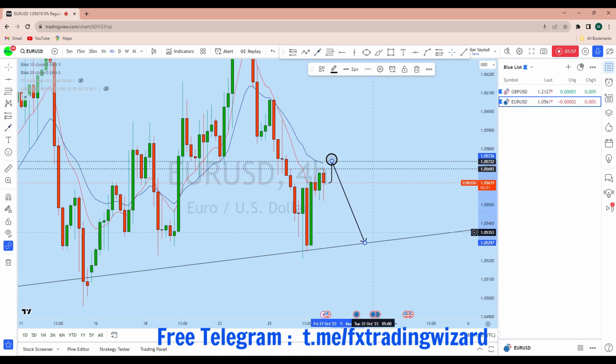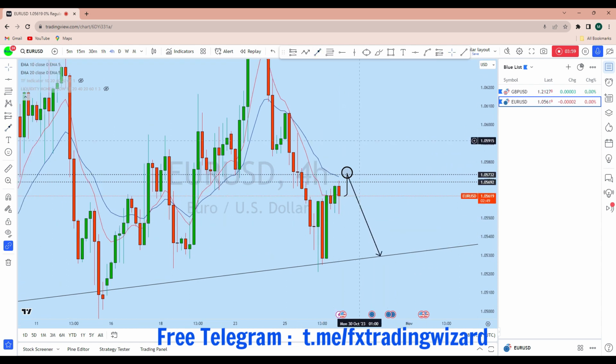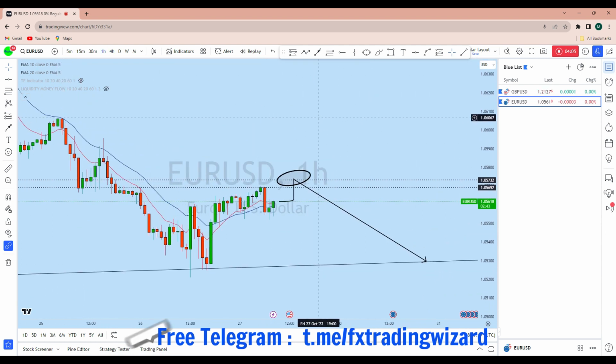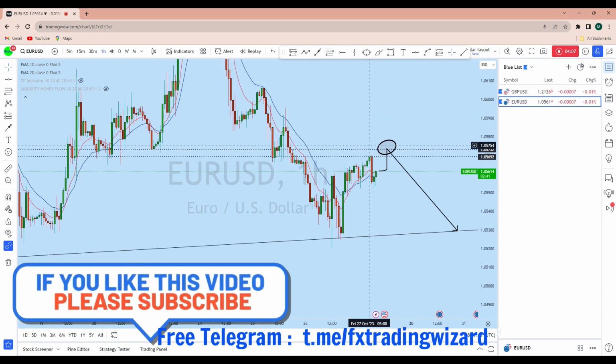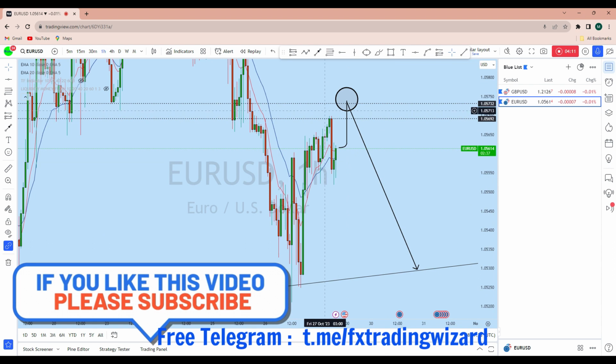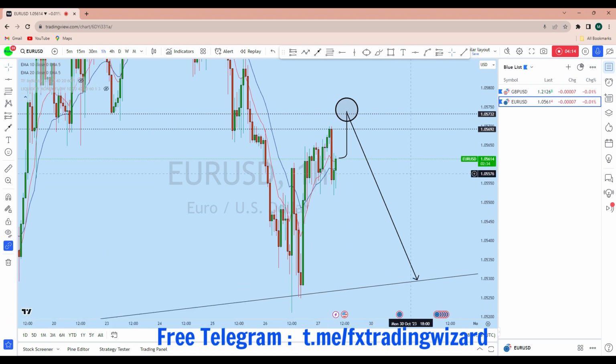I think that with the test of this 20 EMA along with this liquidity zone, we can expect EURUSD to give us some selling opportunity, and this is where we will be waiting for an entry as soon as we find price action confirmation. As it is a long-term bearish market, we could see that EURUSD couldn't break this high. That means we can expect it to remain bearish.